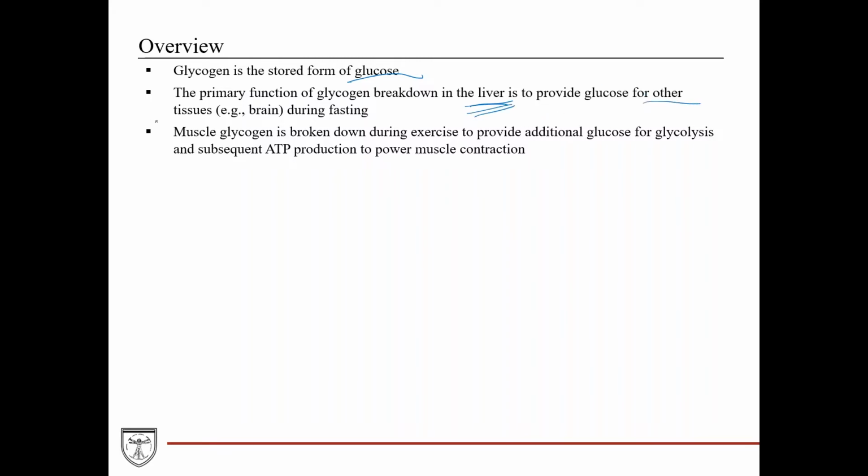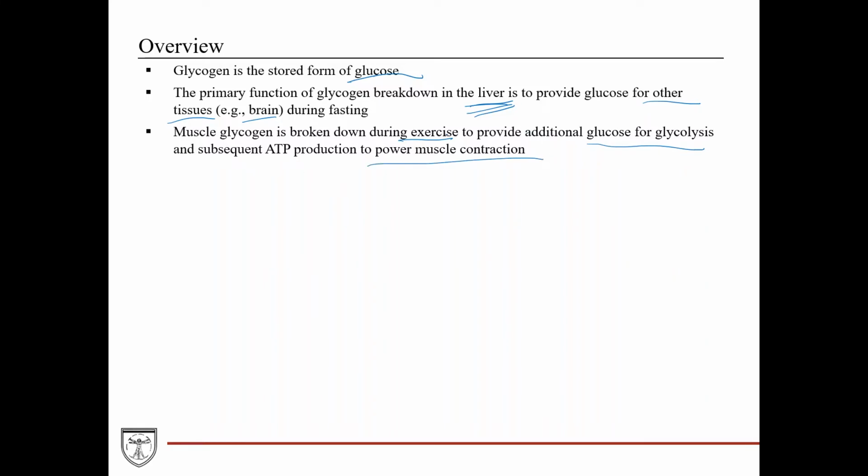So the liver does not use glycogen during fasting. It actually uses fatty acids, as we've talked about. So it breaks down glycogen for glucose for tissues such as the brain. Muscle glycogen, however, is the opposite. It's broken down during exercise and fasting to provide additional glucose for glycolysis so that you can have ATP production